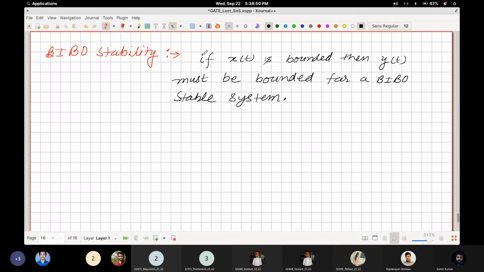इसका मतलब क्या है कि अगर xt इनपुट बाउंडेड है तो आउटपुट बाउंडेड ही होना चाहिए फॉर द सिस्टम टू बी BIBO स्टेबल. इज दिस क्लियर? समझ में आ रहा है आप लोग को? Yes, sir. Yes, so in other words, if mod of xt is less than or equal to mx, which is less than infinity for all time t, then to be BIBO stable,